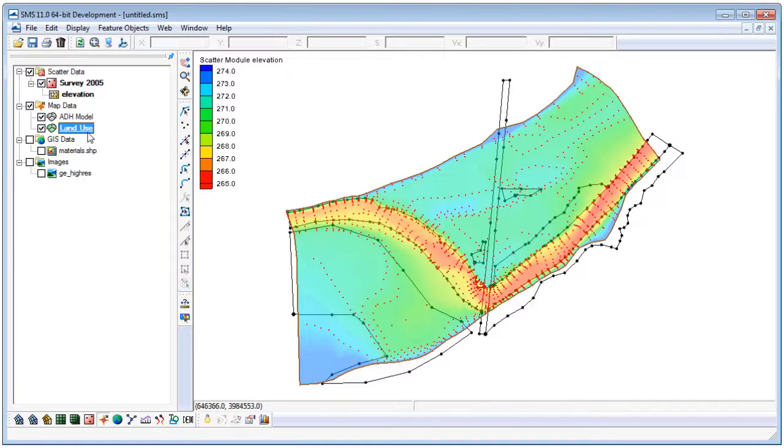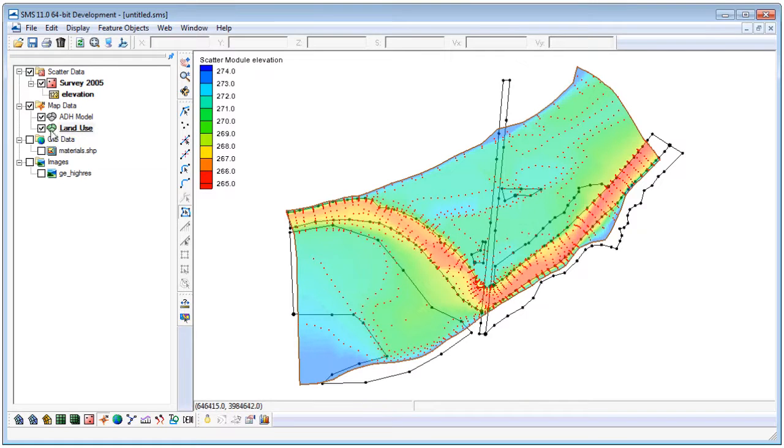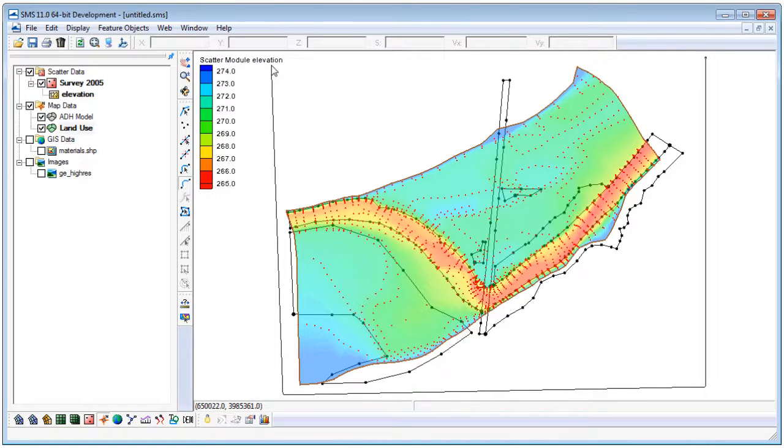And now in my land use area property coverage, I have polygons that came from my shapefile, and they all have different material IDs based on the names that came from the materials shapefile. Now notice that some areas of my model aren't covered by one of the polygons that was in the shapefile. So I'm going to create an additional polygon and additional material to cover those areas. So I'll click out a region that encompasses everything else